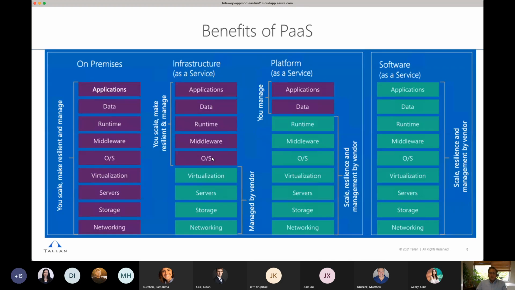So we talk about the benefits of platform as a service. This is a very similar slide to the past one, but I really just want to get home the point that on the left-hand side, if you're running things on premises, you're managing everything by yourself. So you're managing everything all the way down from the networking, storage, and servers all the way up to the application. The infrastructure relieves a lot of that pain by having that vendor like Microsoft Azure or AWS